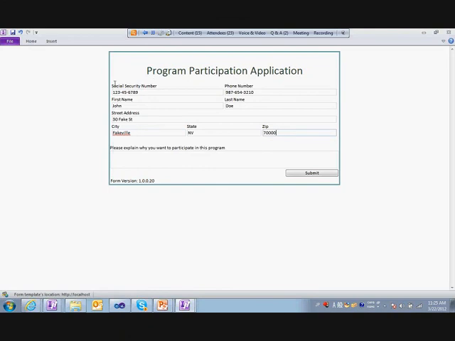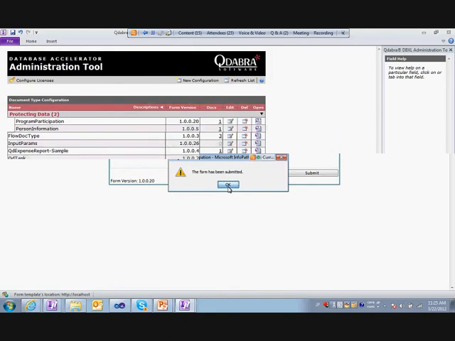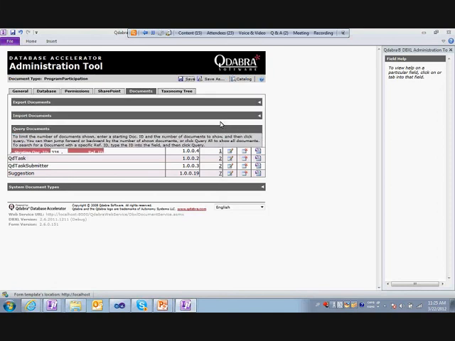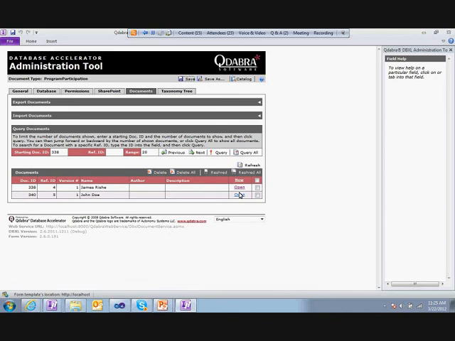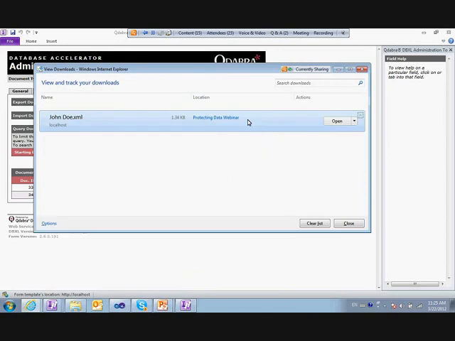So I fill in the user data, enter a field value here, and then submit. So if I go into the documents here, what I'll find is that I have a submitted document. But if I download it, open it up in a text editor,